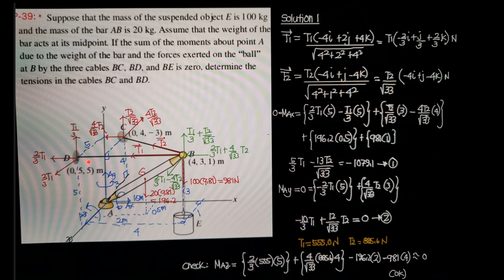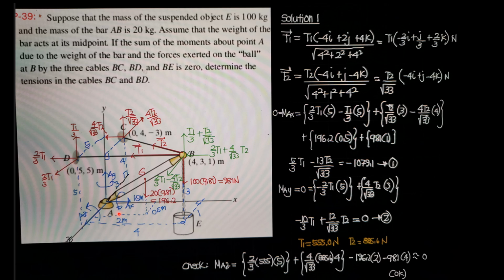Then take note that the summation of moment about X is 0. This is the positive sense of moment. For these components of forces, the x component of force is not involved because it is parallel to the x-axis. So just this y component and this z component. Beginning with this z component, its moment about the x-axis is positive. We look at the curling of the four fingers.